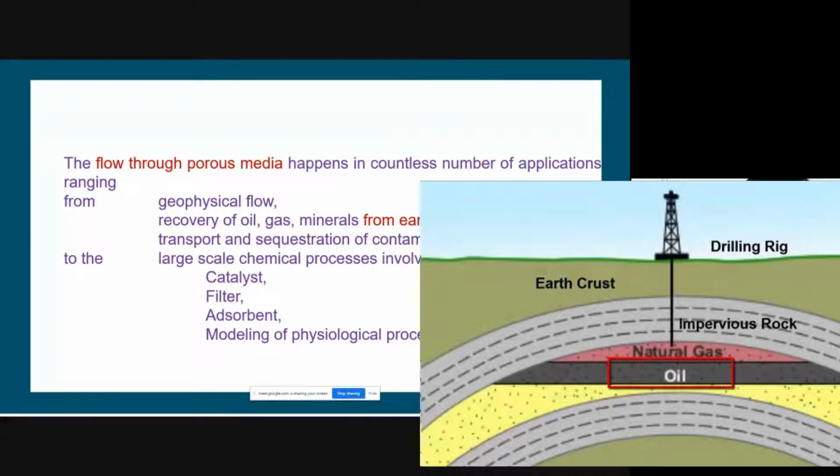Same with the minerals also. Under the earth we have the migration of minerals, crude or oils from one place to another. Even water will be moving along with this, from higher concentration region to lower concentration region. If you look at other applications, there is the transport of contaminants and, subsequently, sequestration, that is, recovering it and reusing it for some purposes. So you want to control contaminants getting into the atmosphere. For example, with CO2, we want to reduce the amount of CO2 that we emit into the atmosphere.